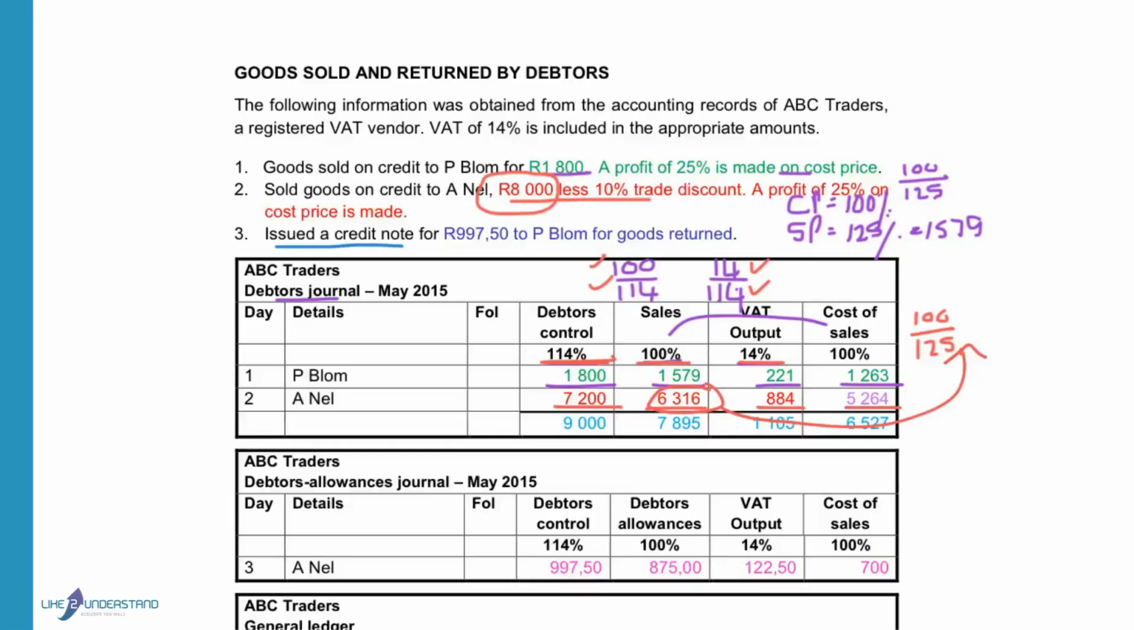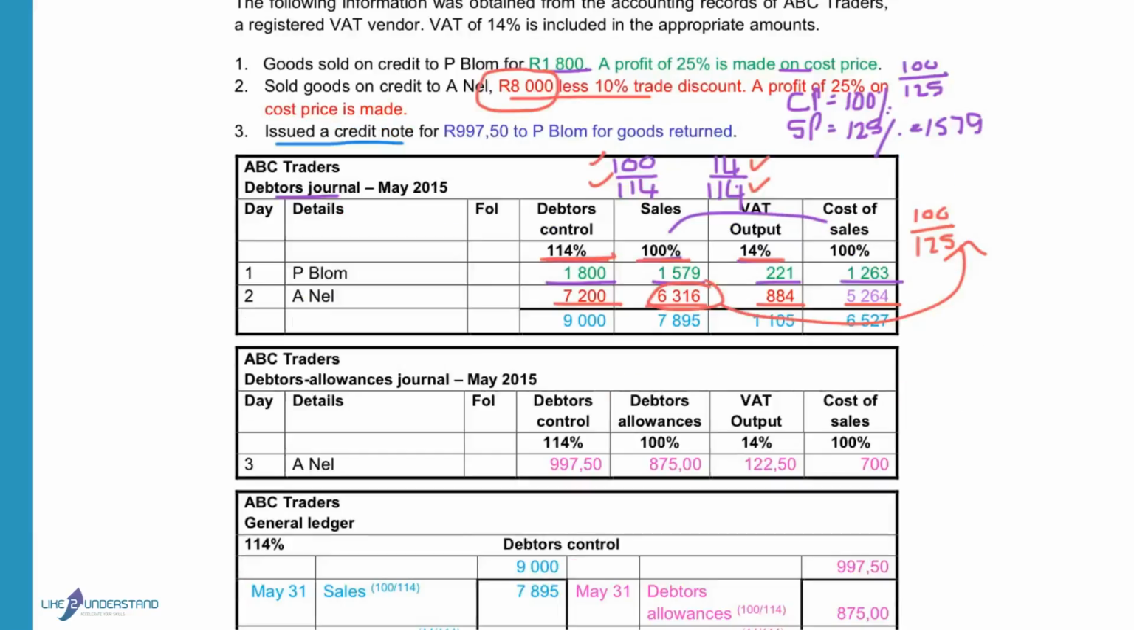For the third transaction, a credit note is issued. That means we reduce the account of the debtor, and that will be done in the debtor's allowances journal. The debtor's total amount will reduce with the 997. That is equal to the 114%, because when we sold the goods, we added 14% VAT. When they return, it will also